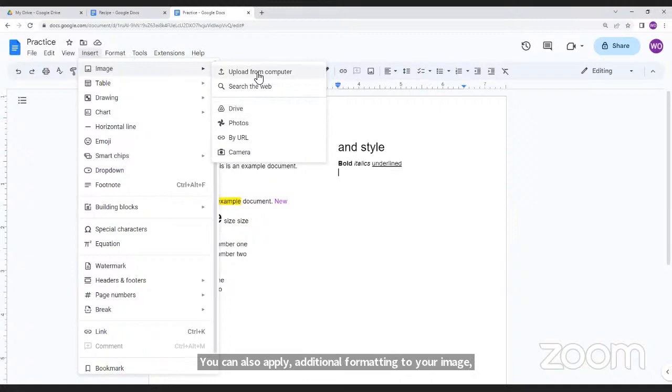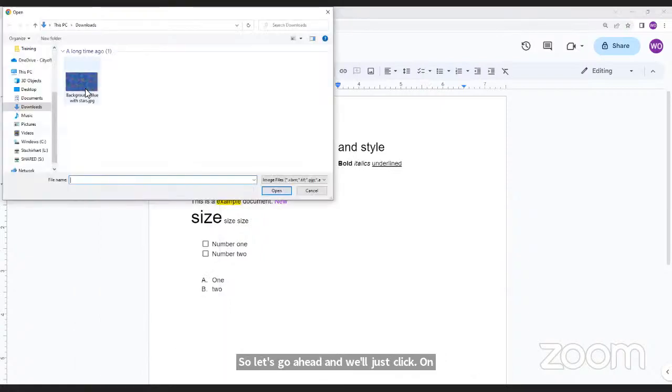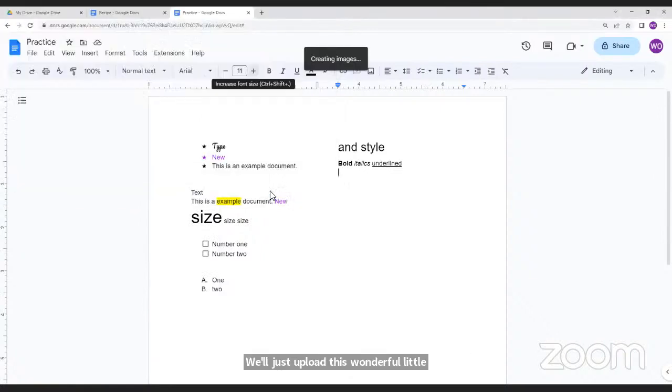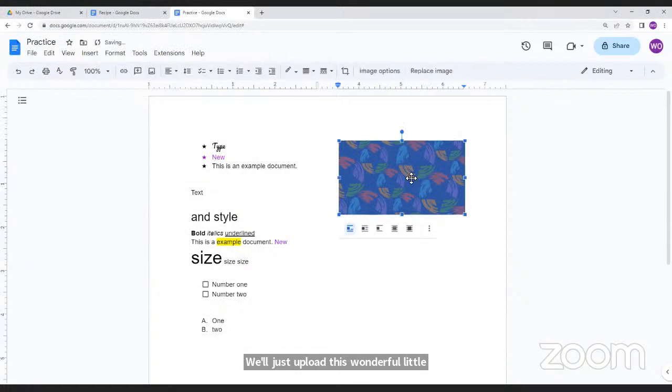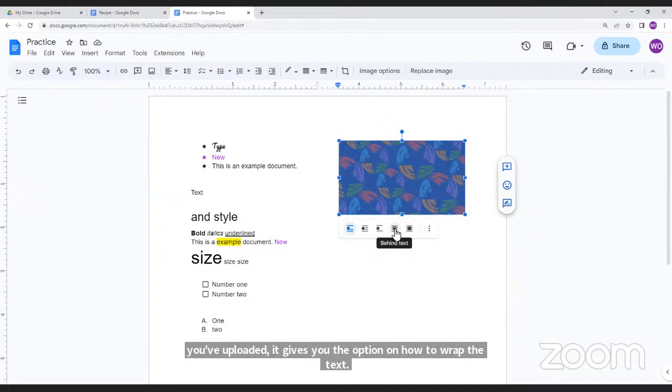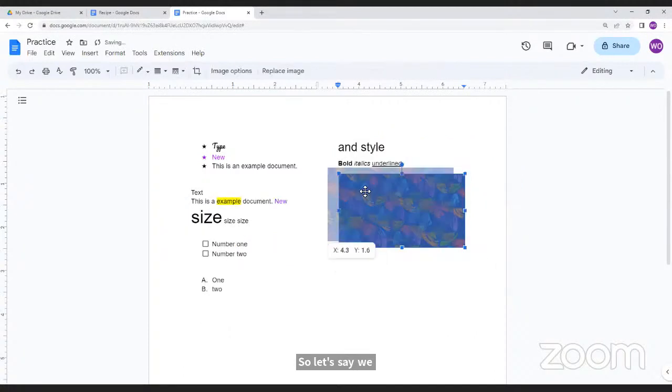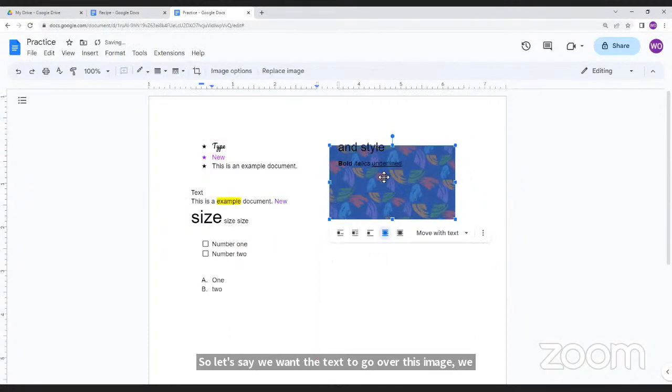So let's go ahead and we'll just click on upload from computer. We'll just upload this wonderful little background here. There we go. And so when you click on the image that you've uploaded, it gives you the option on how to wrap the text. So let's say we want the text to go over this image. We can click behind text. There we go. And the text will go over it,